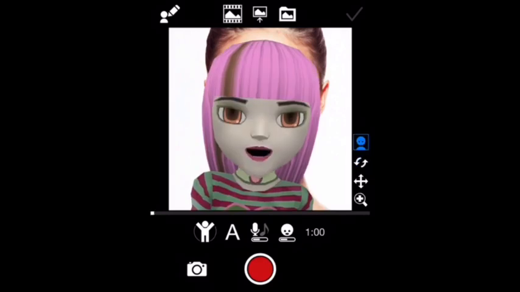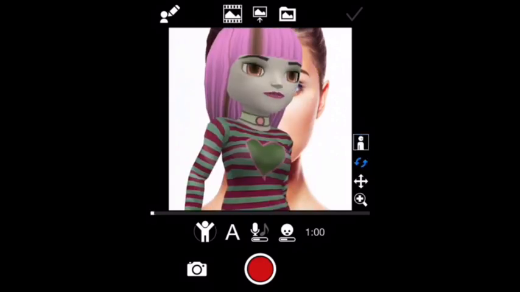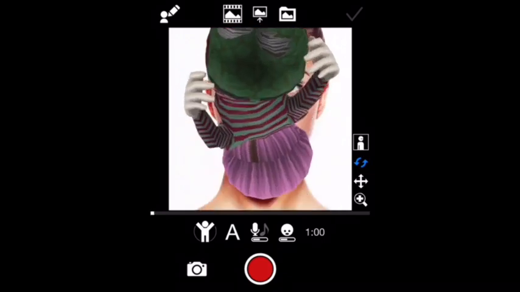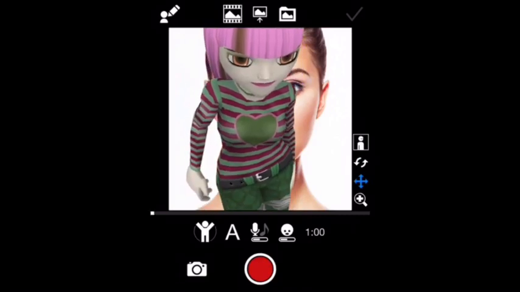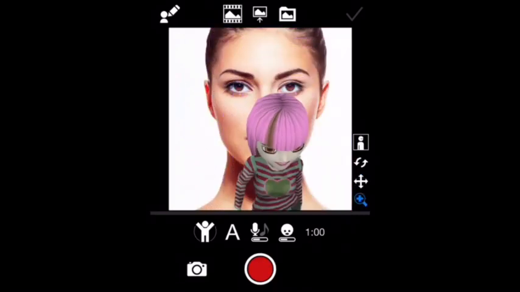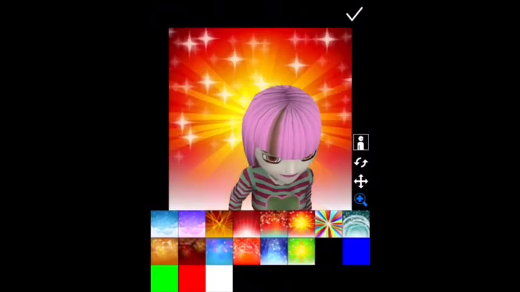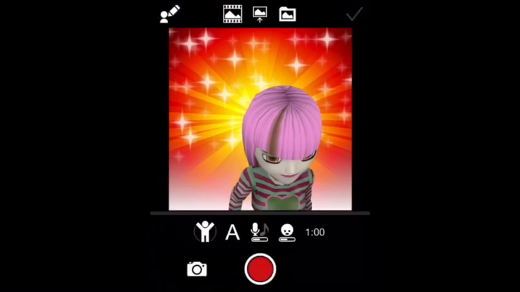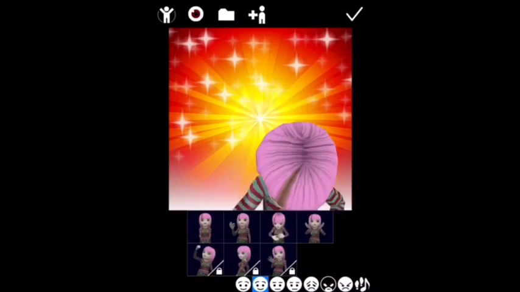So then you press this character one to press where. Then you press this one to go like this. And you press this one to put it where you want it. Then you press this one to zoom in and zoom out. Then you press this for if you want one of these backgrounds. Then you press this for